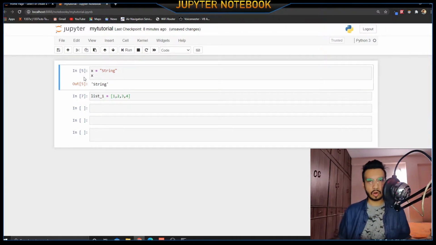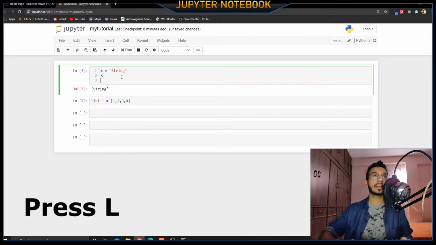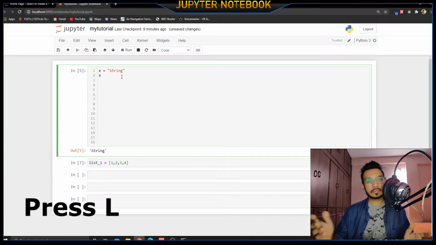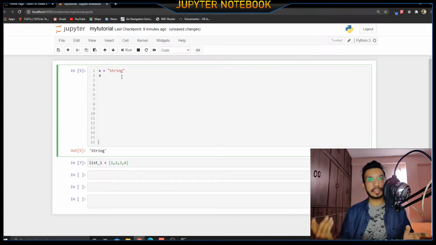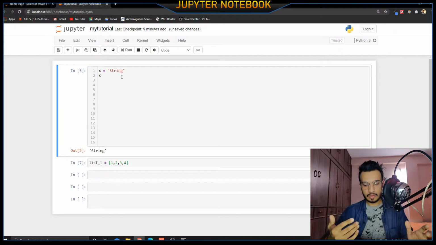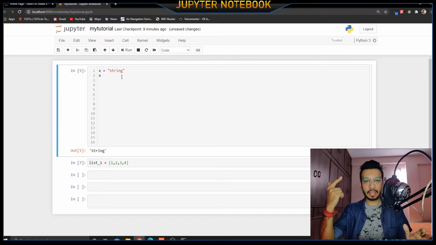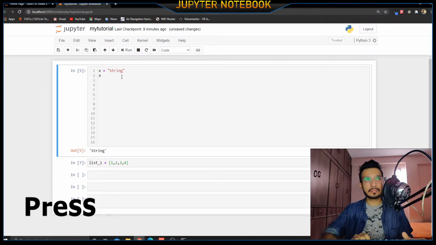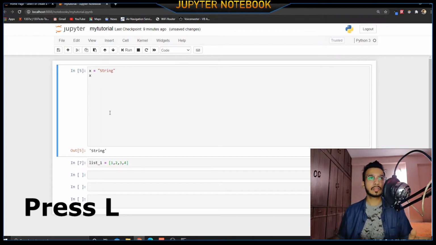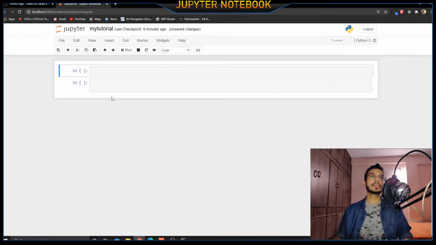I'm writing a very big code right now, and I don't know which line number it is going to be. To add a line number to any cell, all you have to do is go into the command mode and press L. The moment you press L, now if you can see, we have all the lines coming up in the cell. Well, that is great, right? If you want, you can even close them by pressing L again. Oops, I was in the edit mode. So first we have to press Escape, see whether there's a blue line on the left side, and then press L. It's gone again. So this is how things are going to work.